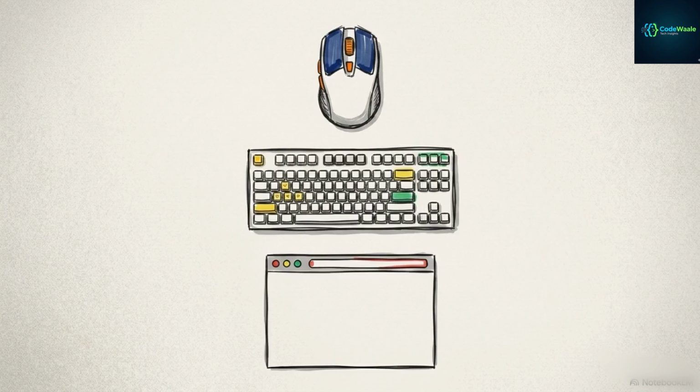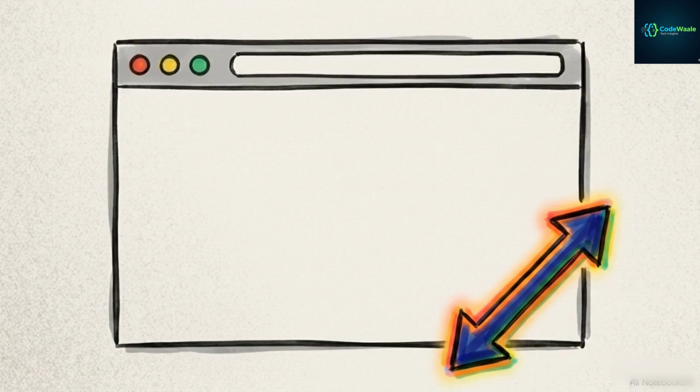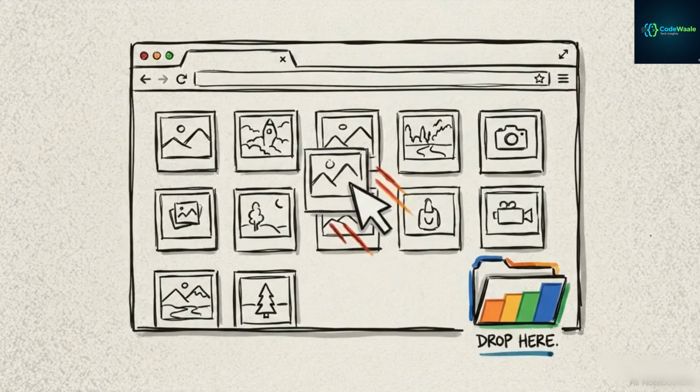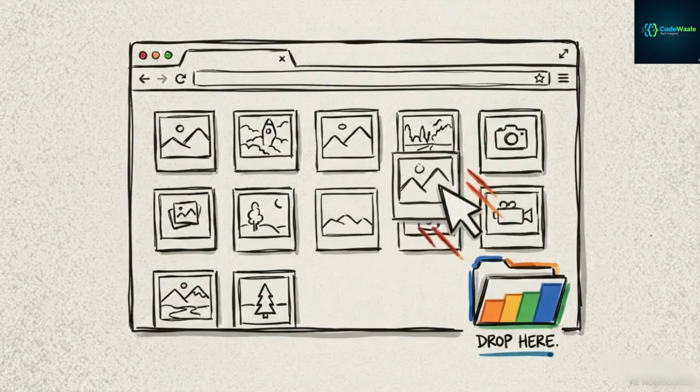Here we see the three main categories of triggers developers can listen for: mouse events, keyboard events, and window events. Keyboard events trigger when a user presses a key down or releases it back up. Window events occur when the web page initially loads, when a user closes a tab, or when they resize their browser window. JavaScript stays alert to these actions, allowing once static documents to react and change based on how you